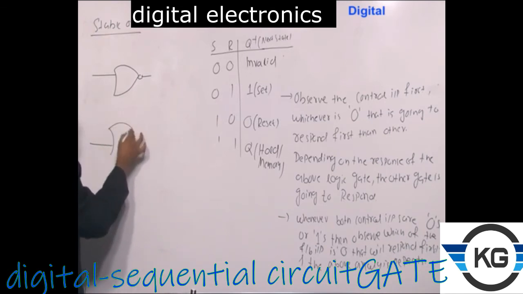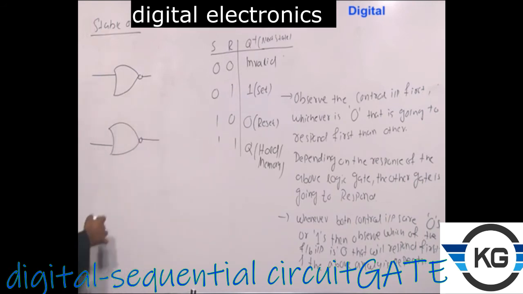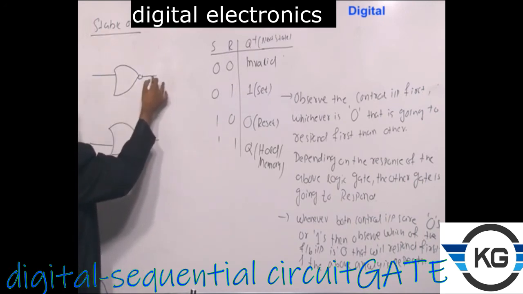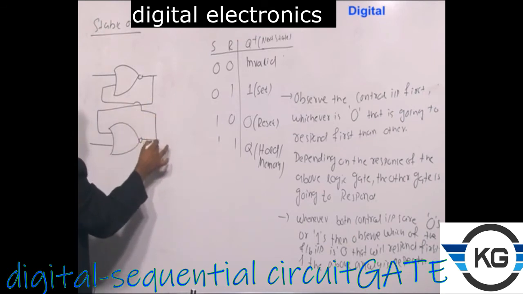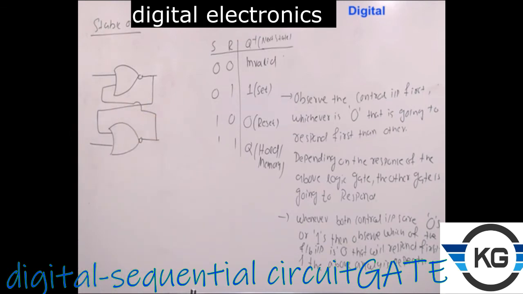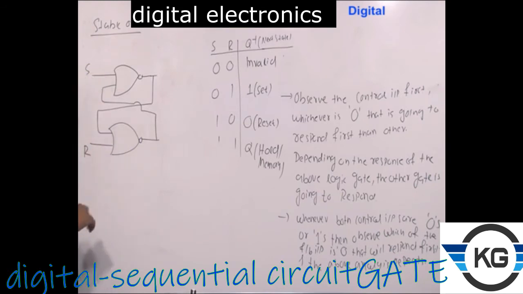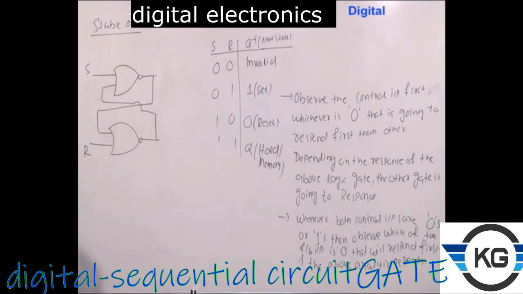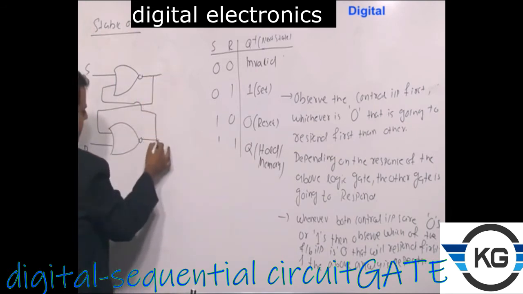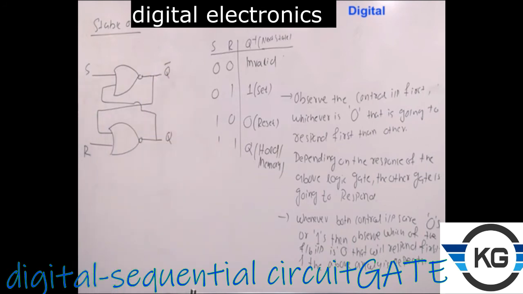My reference book is the Taussig book. I already told you in the first class, I have referred to the theoretical concepts from the Taussig book. In the Taussig book, these are the circuits that have been used, so I am also using those particular circuits. Why am I saying this to you? The reason is, if you open various books, let's say Morris Mano or some other local author books, you will very frequently find that, for example, in this case, I am denoting this as Q bar and this as Q.